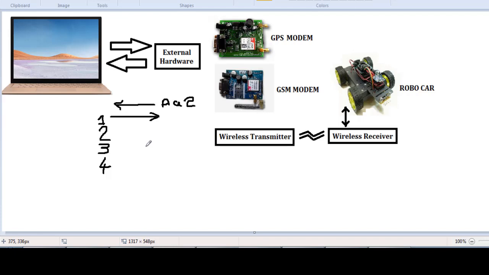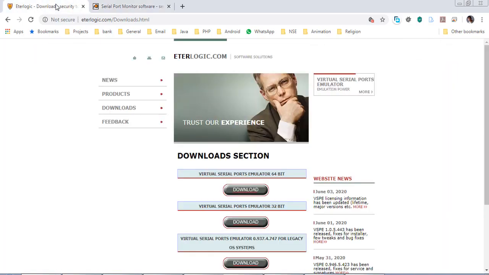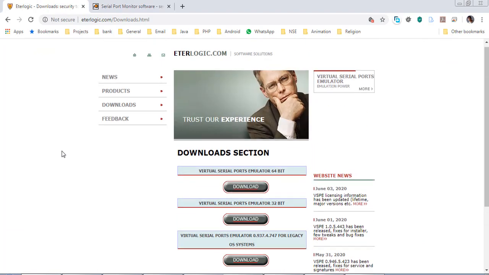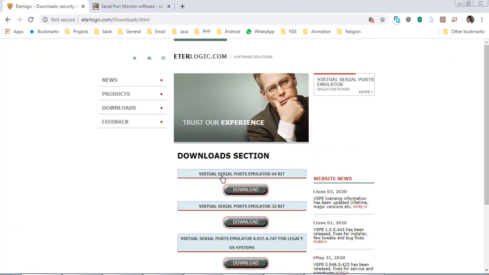First thing, we can see that recent laptops have no parallel port or serial port. Most of the ports are USB ports. So if we want to make this UART interfacing, we have to connect a USB to serial port converter. If you don't have physical hardware, then we have to download virtual serial port creating software, which is a virtual serial port emulator.